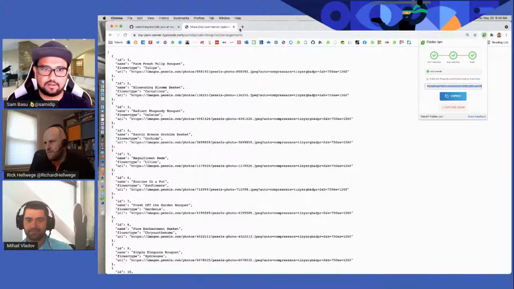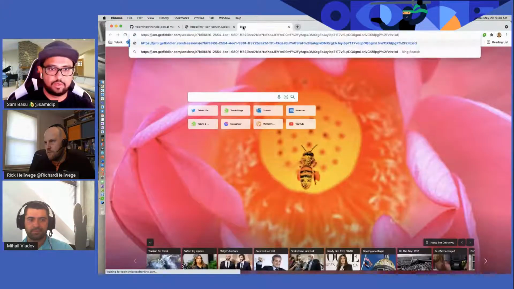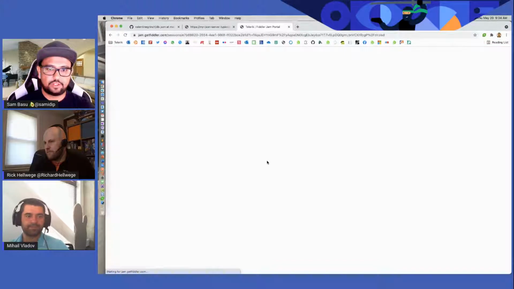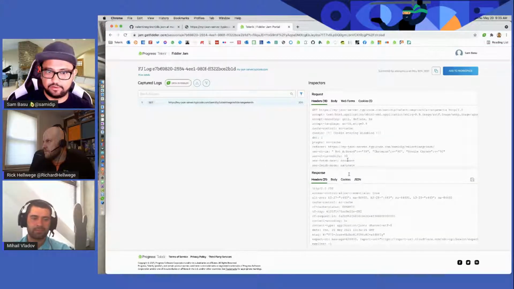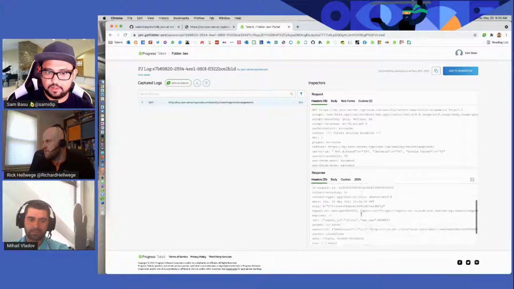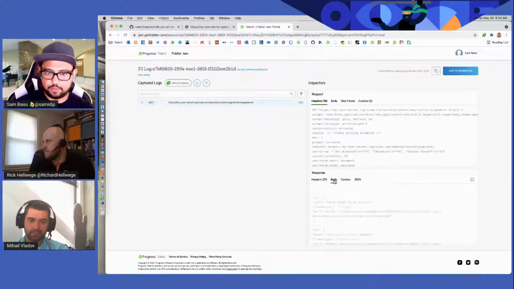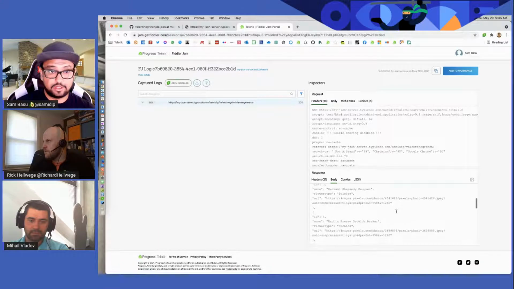Copy the link. And we go in here. And it should give us what the traffic was for that tab, which you see the arrangements, and this one's the header. Is it showing the body? Yeah, it is showing the body. So right here in your browser itself, that Fiddler Jam session is capturing all of that.